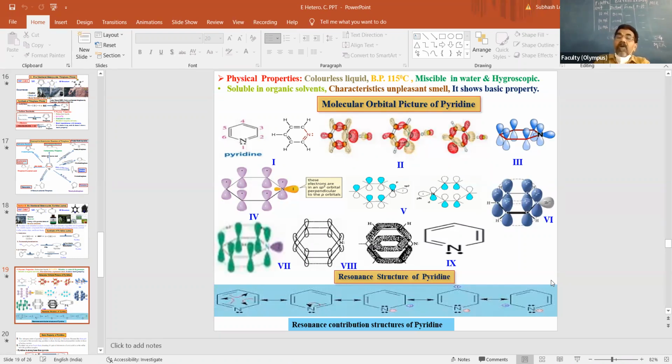Okay, from this picture, what type of question will be asked? How the bonding structure, how the molecular bonds are obtained in pyridine molecules: sp, sp2, sp3, spd? Whether it is pyridine, pyrrole, thiophene, or furan, the answer must be sp2 hybridization. Only this one type of question is asked from this. If you see the structures in the slides carefully, we already explained the upper lobe, inner lobe, and all; we cannot explain that here.